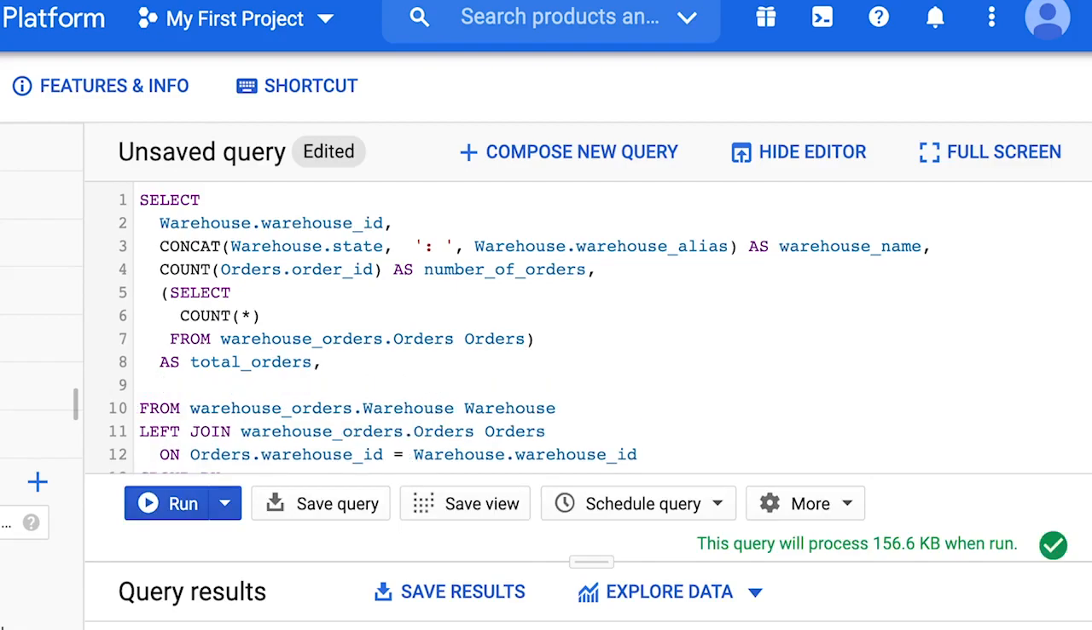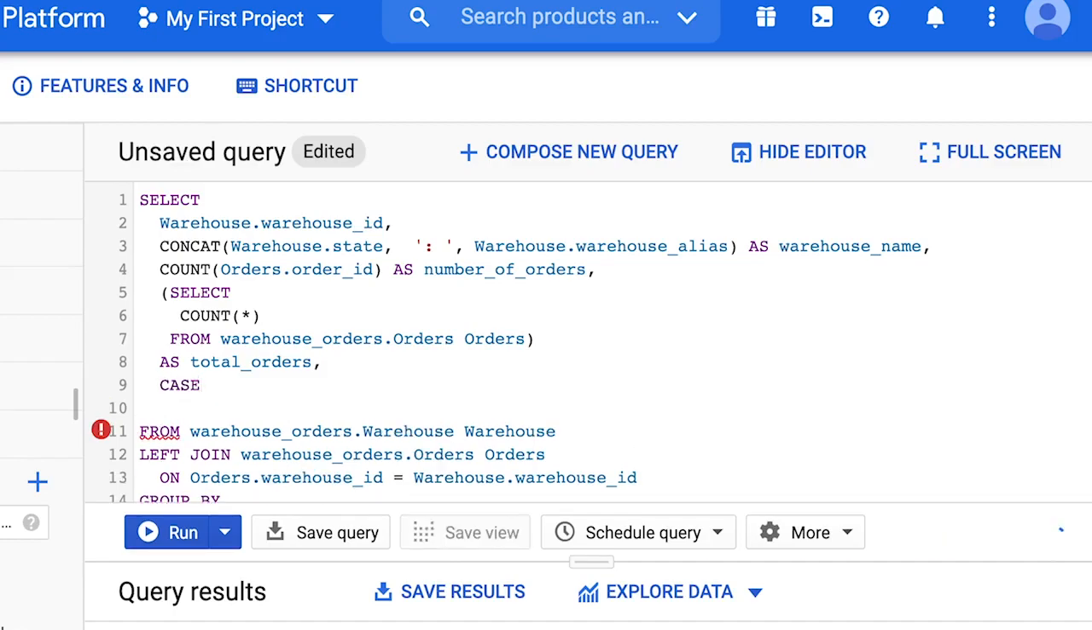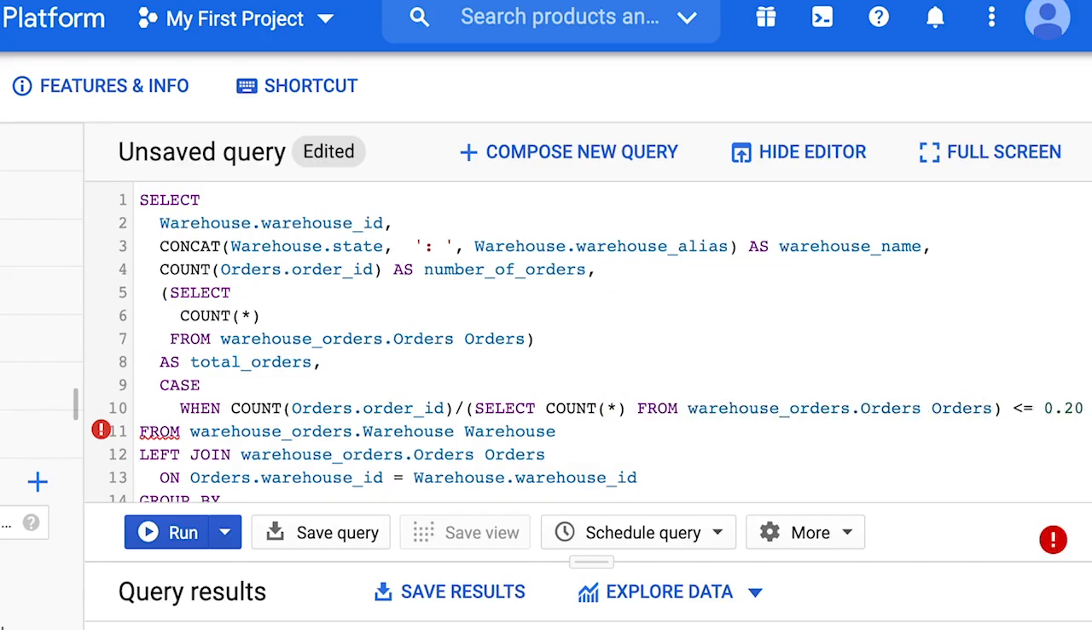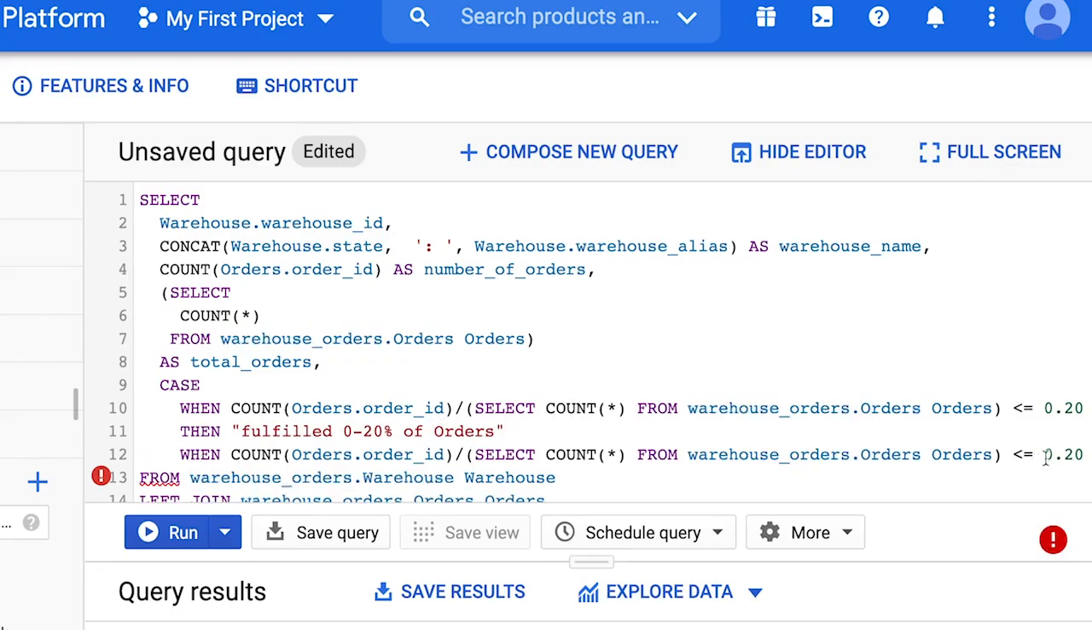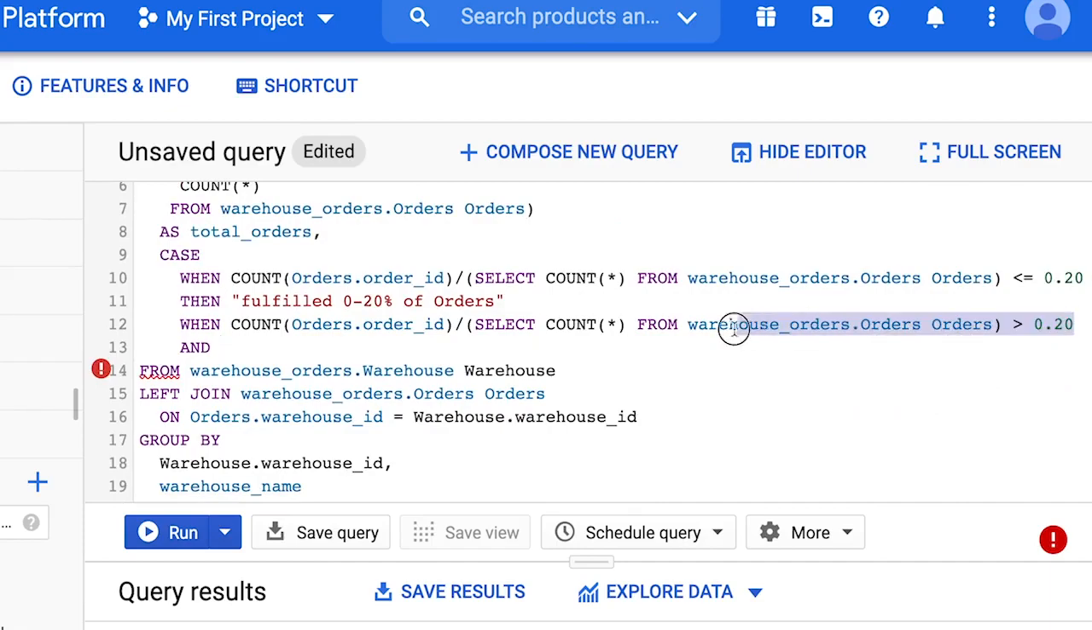Now that our subquery logic is complete, we can use a case statement to create categories for our warehouses based on how many orders they will fulfill. We'll represent these as percentages. You should notice count in the statement a few times. We'll start by saying when the number of orders from our order table is less than or equal to 0.2, then the table will say fulfilled 0 to 20% of orders. And then we'll use when again to indicate that when the number of orders is greater than 0.2,